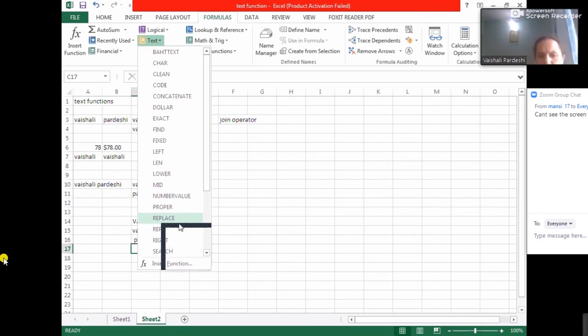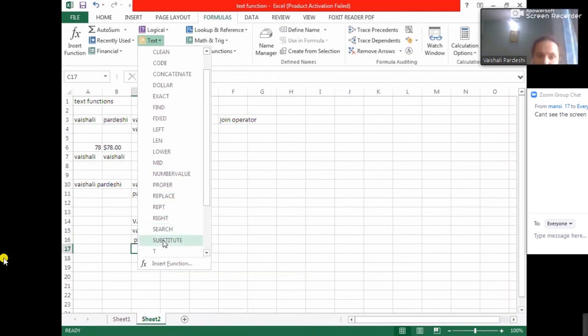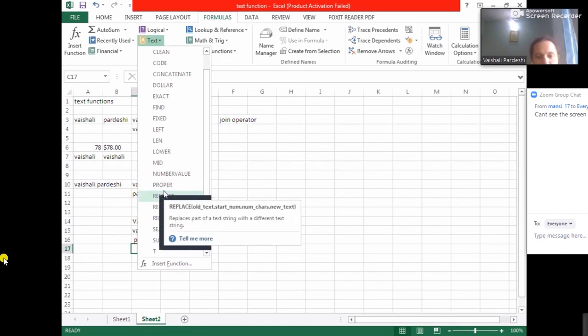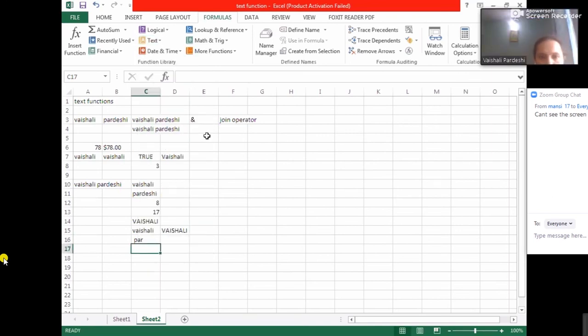You can use the replace function also, and you can use the substitute function also, whichever you find easier. Some people find substitute easier, some people find replace easier. Now it depends upon how you have practiced and what you have practiced more. Okay, so उस हिसाब से आप लोग यूज कर सकते हो. Only thing you have to remember is that, नहीं इसमें केस सेंसिटिविटी का इश्यू नहीं है, फाइंड और सर्च में है वो. Okay, so we will use the replace function.